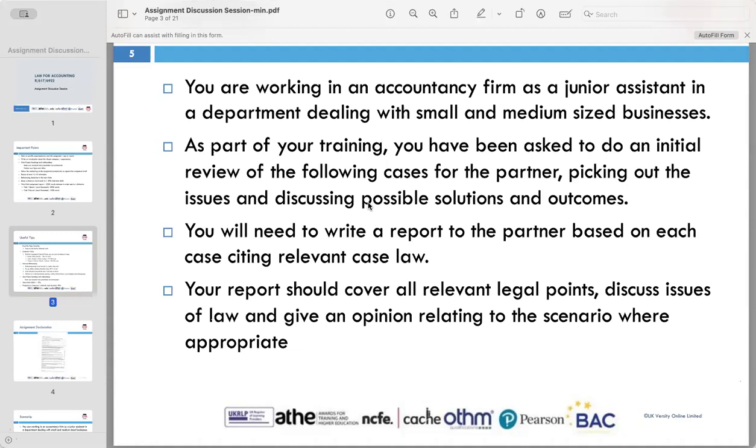You should bring that up, and then finally you should give your opinion on what you think should happen in each scenario based on the law. So in simple terms, your task is like being a detective for legal matters. You investigate each case, figure out what legal problems there are, and suggest solutions by considering what the law says.